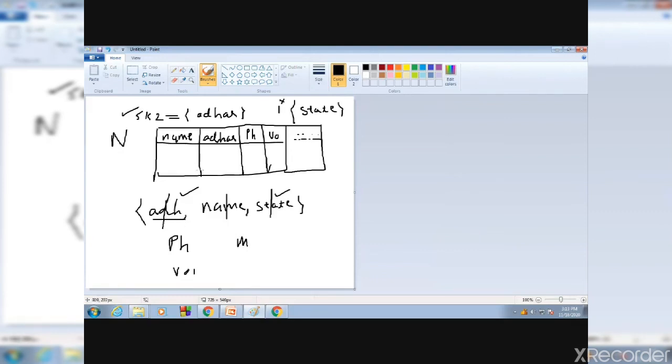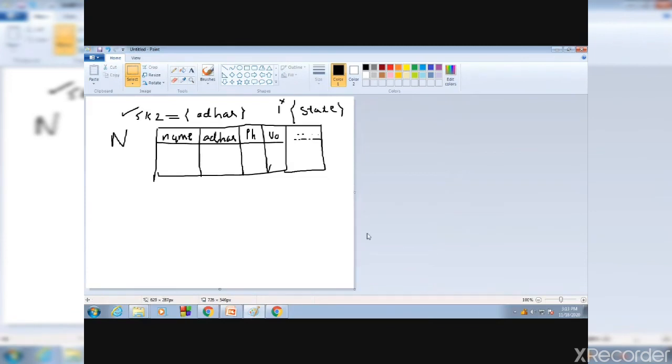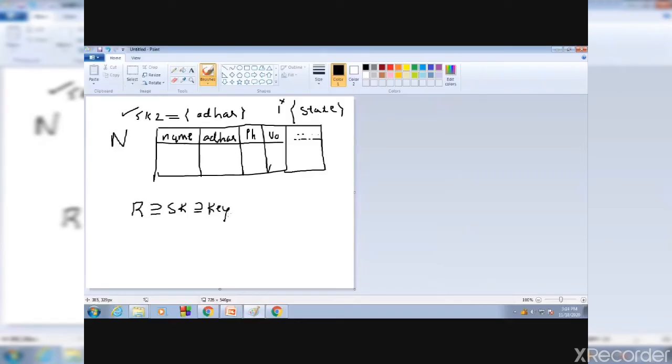Okay, so you will be having some set. This set we will call R. Whatever attributes we have, that will be the R set. A subset of this is your super key. A subset of a super key will be the key. So you will be having the minimal of super keys, you will be having the keys. So whatever keys we have,